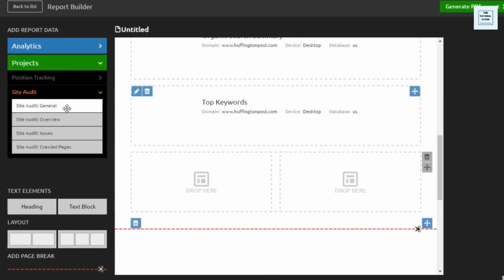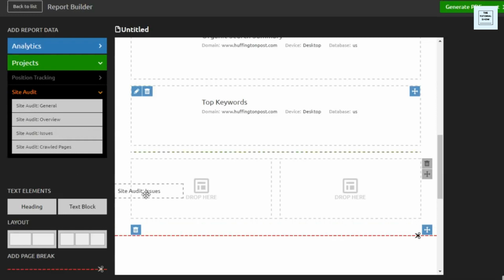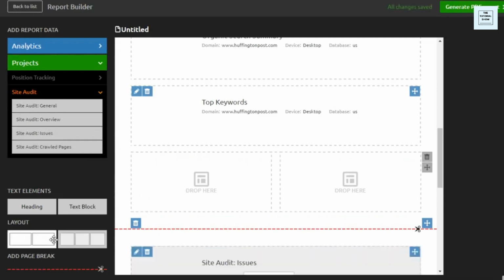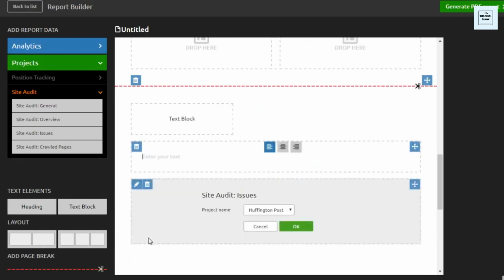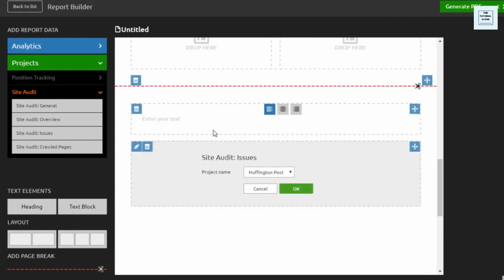And if you want to look at specific projects, let's say you want to add in the site audit and talk about the issues, and then you can add in, let's say, a text block that describes that what you'll be doing is addressing some of the issues that are displayed here in the upcoming month. And that'll tell clients not only what has been done, show where their site is currently ranking, the traffic that they're getting, but also shows what they can expect for you to be working on the upcoming month.